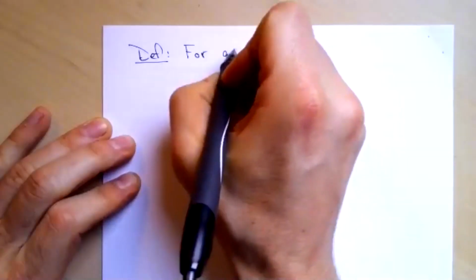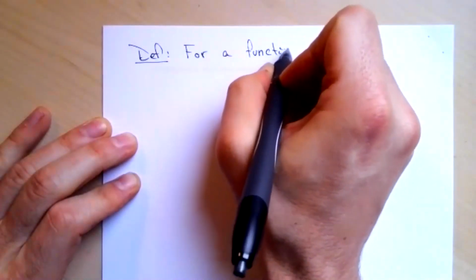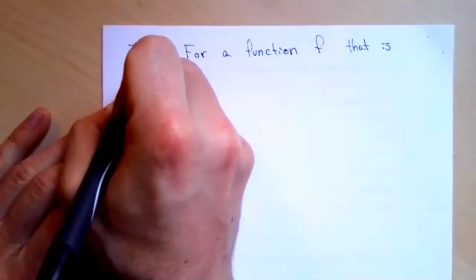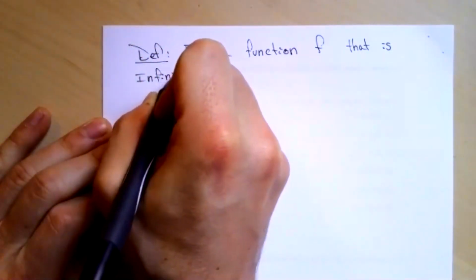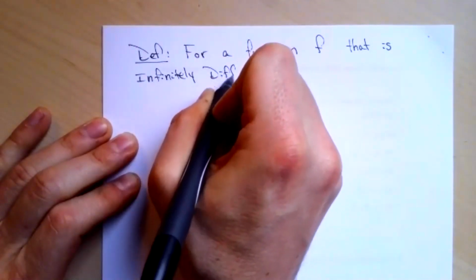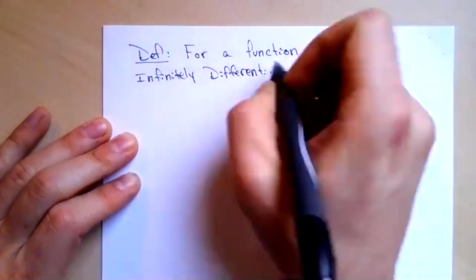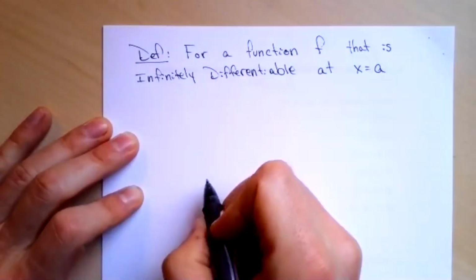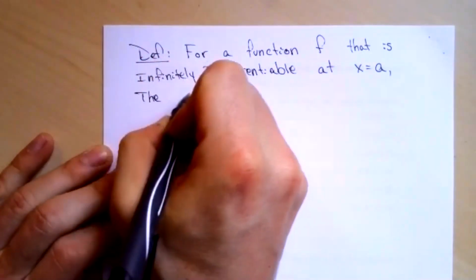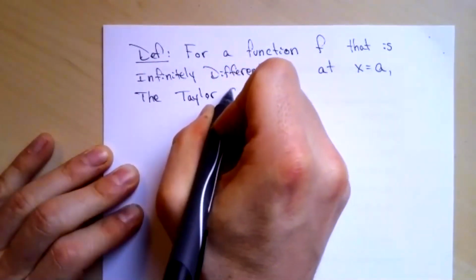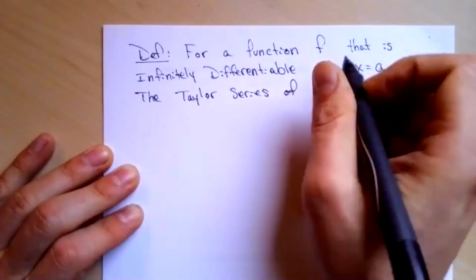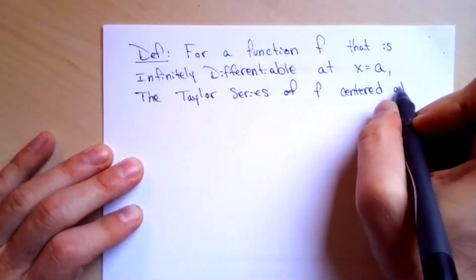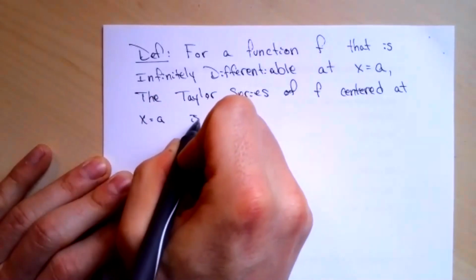So for a given function f that is differentiable of all orders, so infinitely differentiable at x equals a, the Taylor series of f centered at a is given by